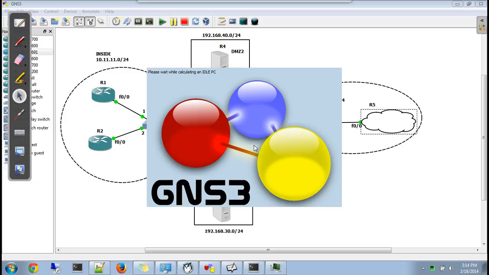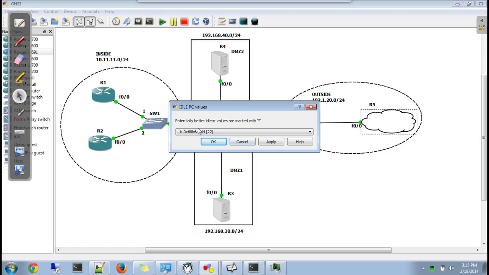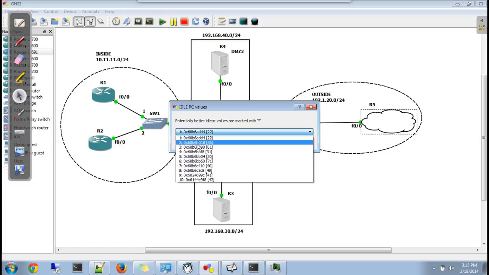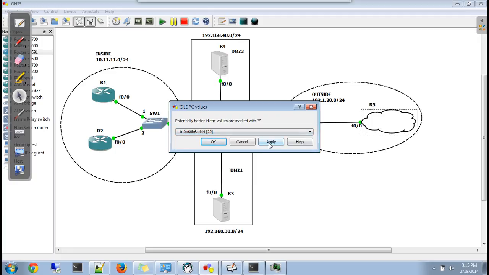But let's see. Okay, there's none. But see, potentially better idle PC values are marked with an asterisk. So you will be shown a list, and in this you will find an asterisk at 2-3 places. You can pick any of those.